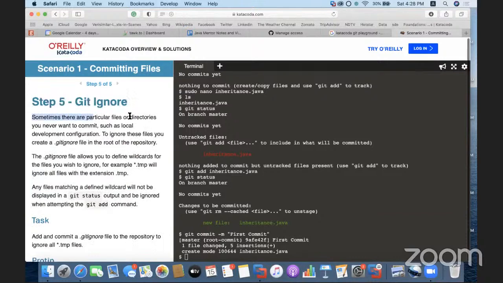Now fifth one is git ignore. Sometimes there are particular files or directories you never want to commit. ऐसी कुछ फाइल्स होती हैं मान लो आपके प्रोजेक्ट के अंदर जो आप नहीं अपलोड करना चाहते। ठीक है, जैसे कि कोई लोकल डेवलपमेंट की कॉन्फ़िगरेशन फाइल्स थी, वो आप सर्वर पे नहीं पुश करना चाहते क्योंकि उसकी जरूरत नहीं है। ठीक है, तो उन फाइल्स को आप गिट इग्नोर से इग्नोर कर सकते हो। ठीक है, यानी आप एक .gitignore फाइल बना सकते हो और उसके अंदर जाके उन फाइल्स का नाम लिख सकते हो कि गिट को कौन सी फाइल्स को इग्नोर कर देना है, कौन सी फाइल्स को अपलोड नहीं करना है।